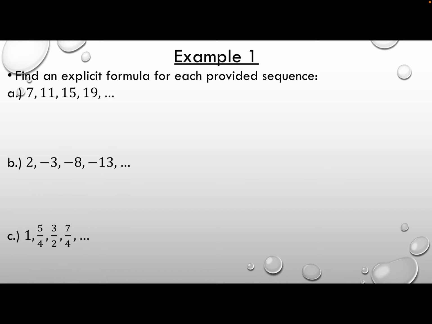7, 11, 15, 19; 2, negative 3, negative 8, negative 13; and 1, 5/4, 3/2, and 7/4. Now, each of these sequences does have something in common. I'll wait a few seconds, see if you can figure out really quickly, what do these have in common? You can pause the video if you want, but